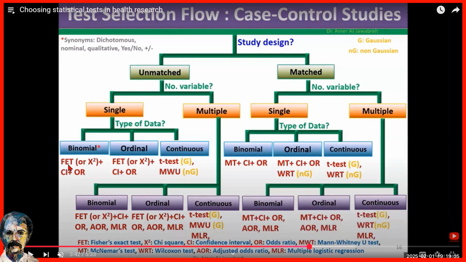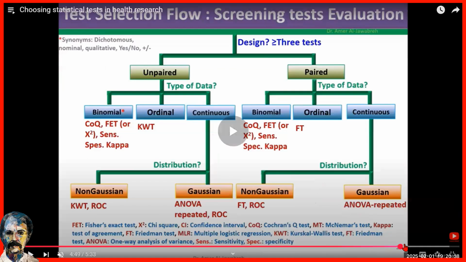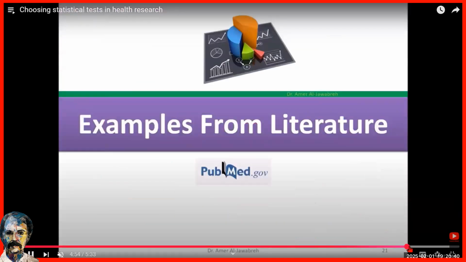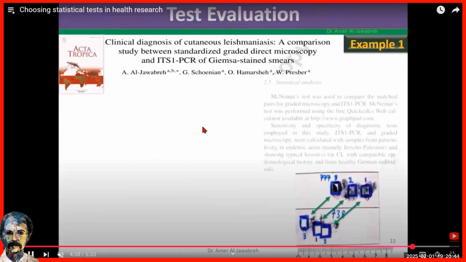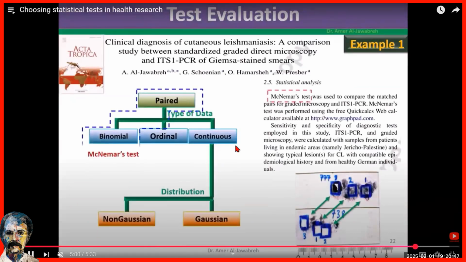So binomial, which is Fisher's exact test or chi-square, confidence interval, and odds ratio. So your study lies unmatched, single, and binomial. We didn't go to multiple, so these are other studies. Just to give you examples from literature, PubMed. This is one we did some time ago, paired binomial McNemar's, because this is the slide we used